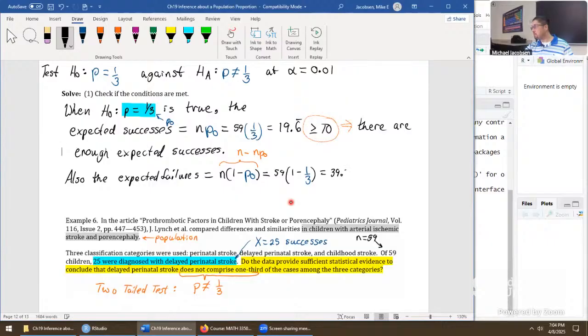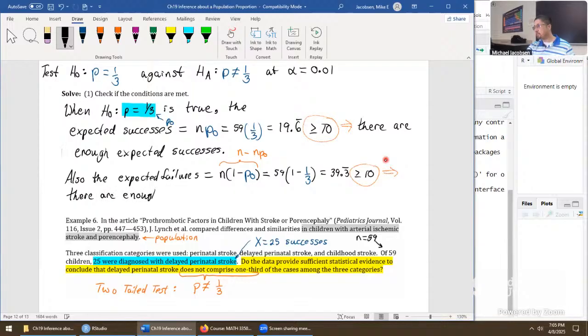Let's put 39.3 repeating. This is also greater than or equal to 10. Putting that bit right there is wise because it's reminding your brain that's the benchmark we had to cross to get a large enough sample size. And we're emphasizing it a lot because those numbers change a lot based on the method. Confidence interval method is a totally different estimate. So this is greater than or equal to 10, which means there are